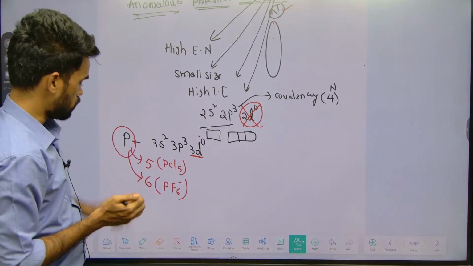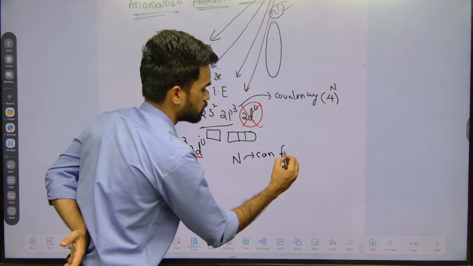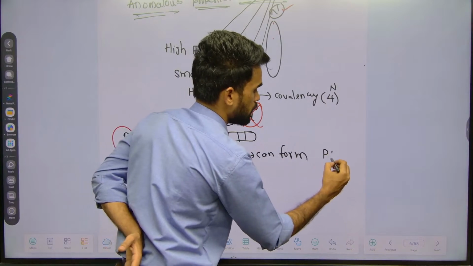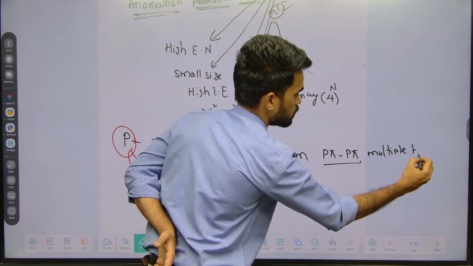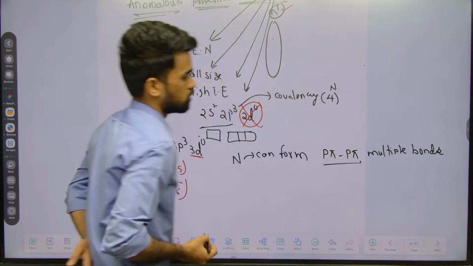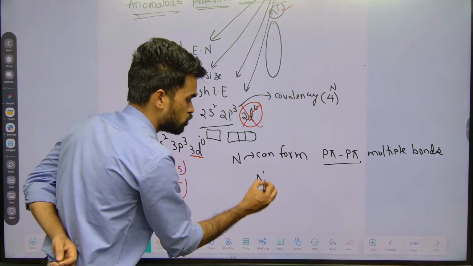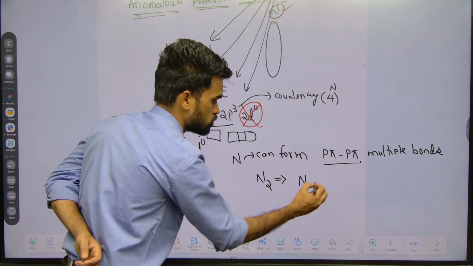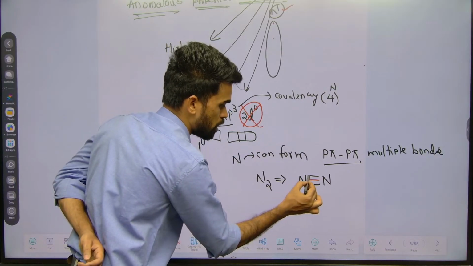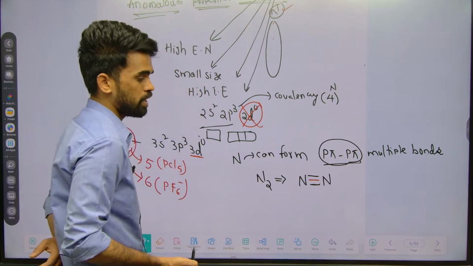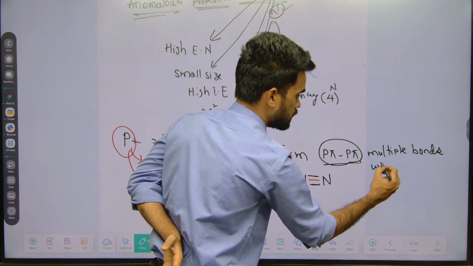Okay, so now nitrogen can form p pi multiple bonds. What type of bonds can it form? p pi multiple bonds. For example, if you consider the N2 molecule, nitrogen, nitrogen, there will be one sigma bond. The 2 pi bonds are formed by what type of overlapping? p pi overlapping. That's why I am saying nitrogen can form p pi multiple bonds with itself